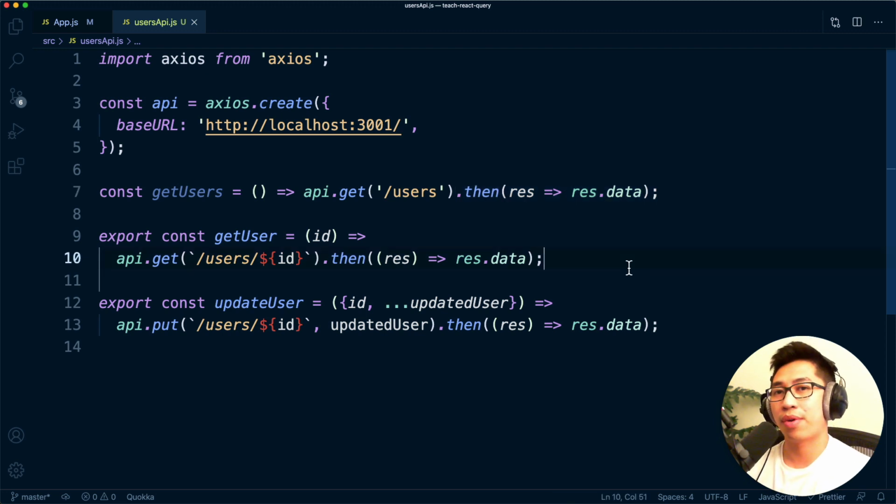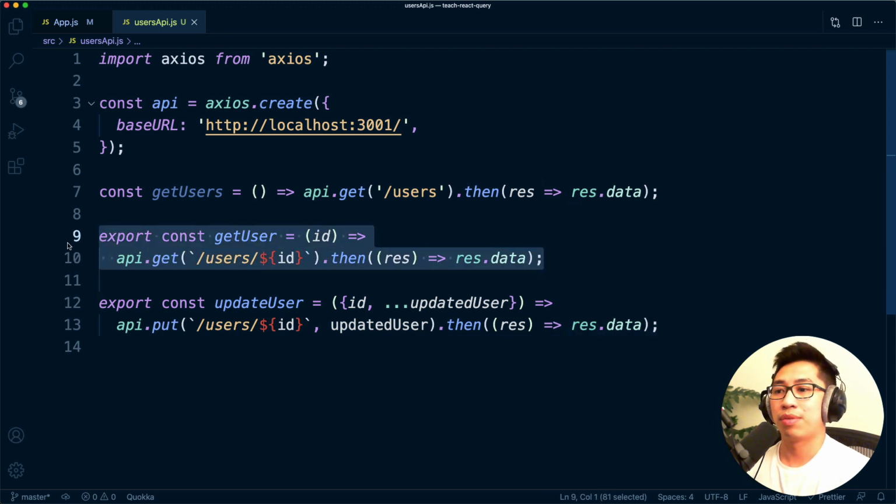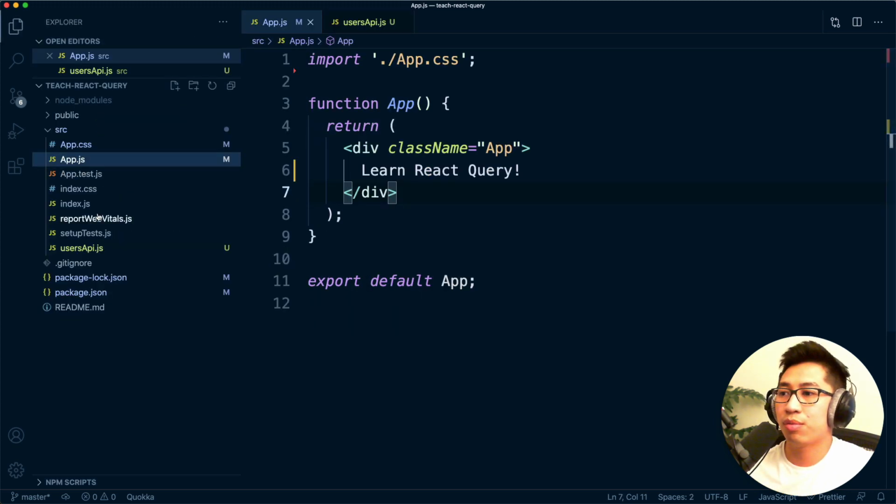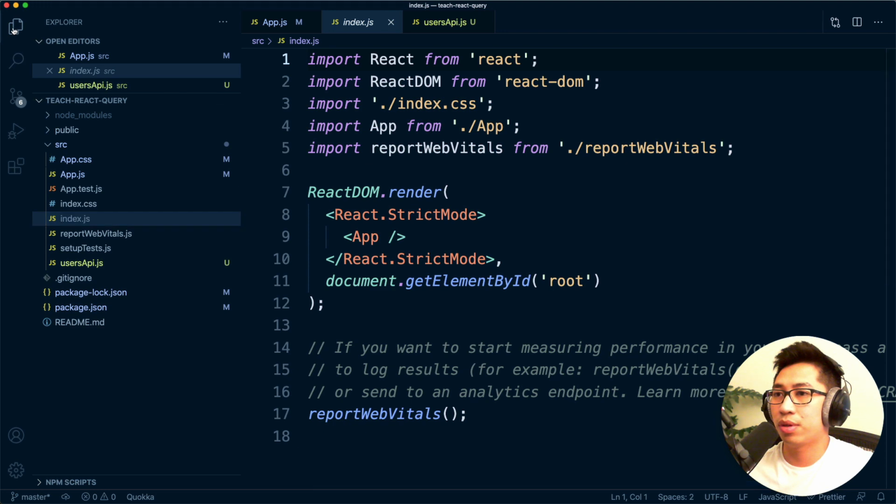So that's what we're effectively going to try and build in this tutorial. We're going to have a list of users, and then we want to be able to select individual users and view their details, which will use this API call to get their specific details. And then, eventually we'll also write a little bit of logic to do some updating, so this is a snapshot of some basic CRUD. All right, now that we have that out of the way,